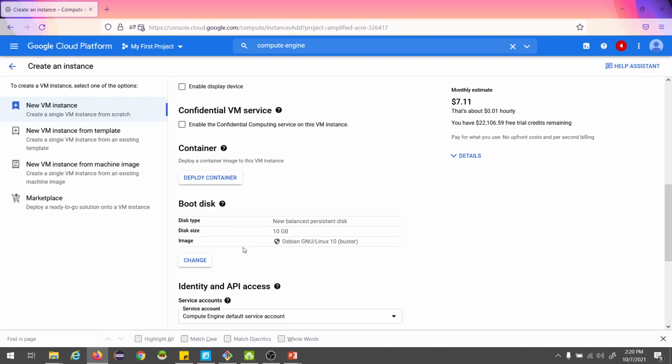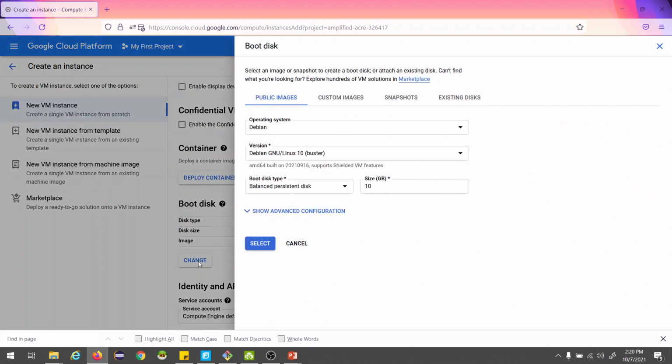You can see here the disk type is a balanced persistent disk, the size, and then the image. If you wish to change it, you can click on change, and from here you can see that you have multiple options from which you can choose your images. You can choose from public images or custom images. Custom images are created by you.